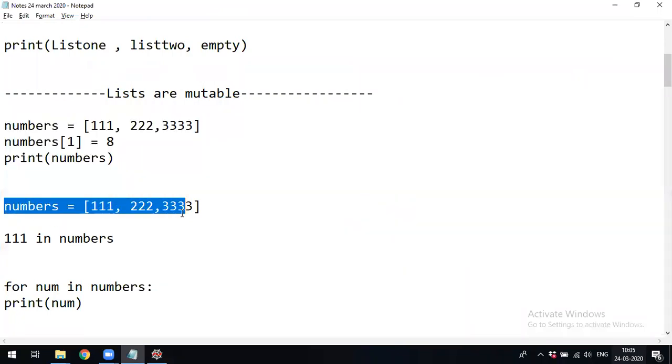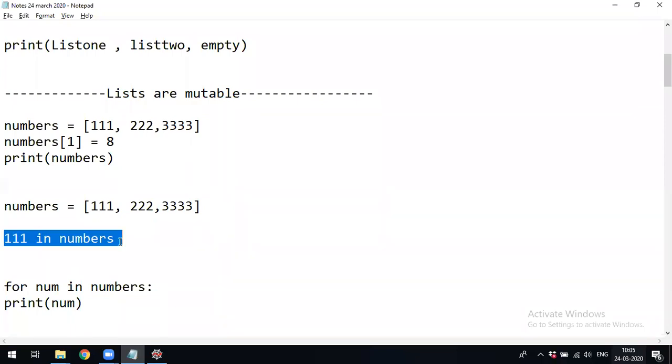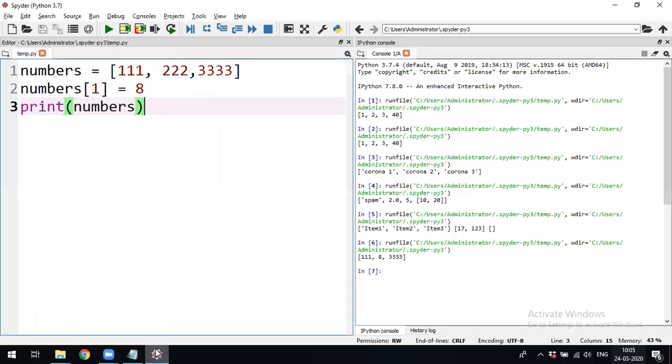This you have already seen, the in operator. If you want to check whether any element is present in that list or not, it will return you true or false. In the numbers, 111 is already there. That is why it is going to return true.